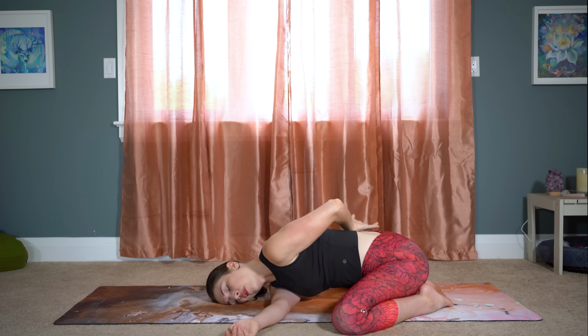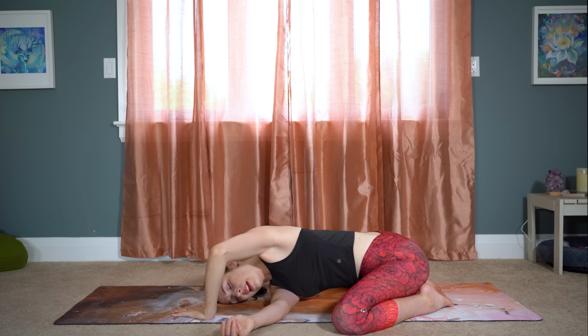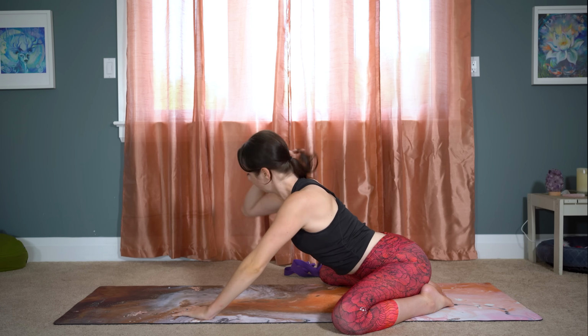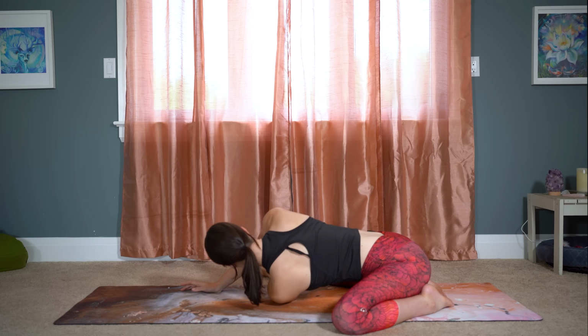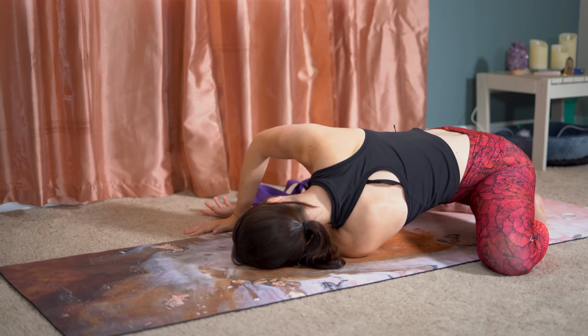And we'll unwrap from this twist so we can go to the other side, push back up a little. And this time we'll bring our left arm underneath, reaching until the shoulder and the ear come down to the floor,